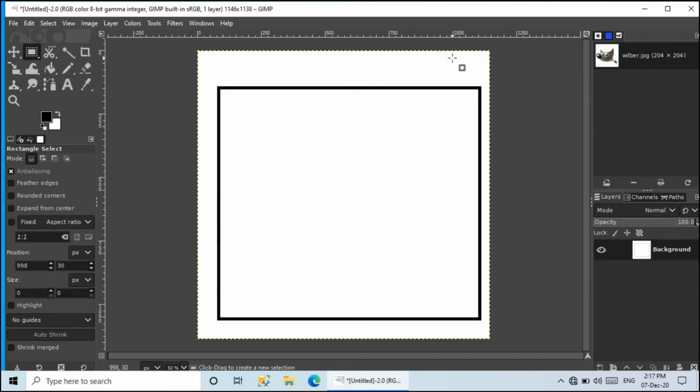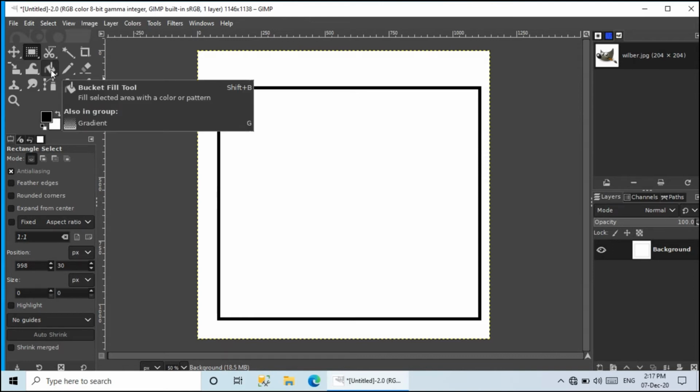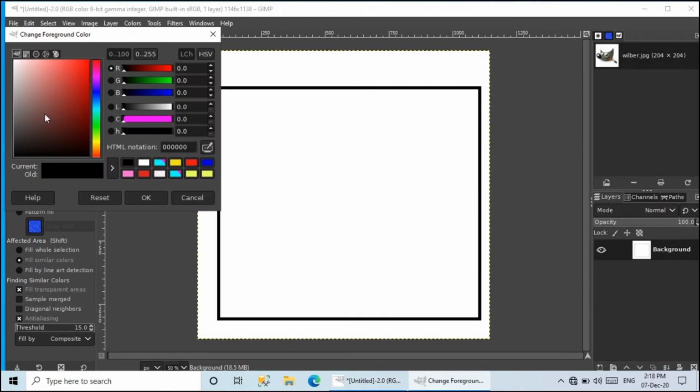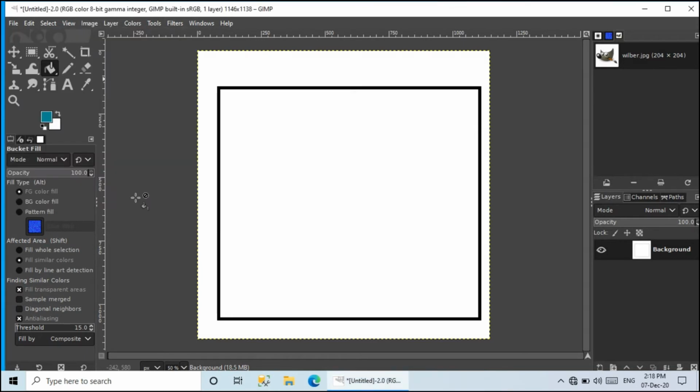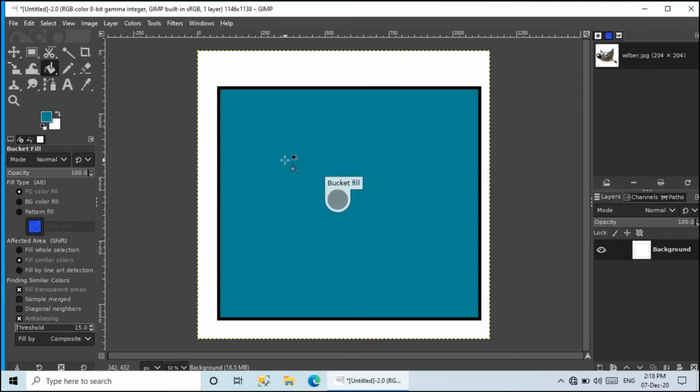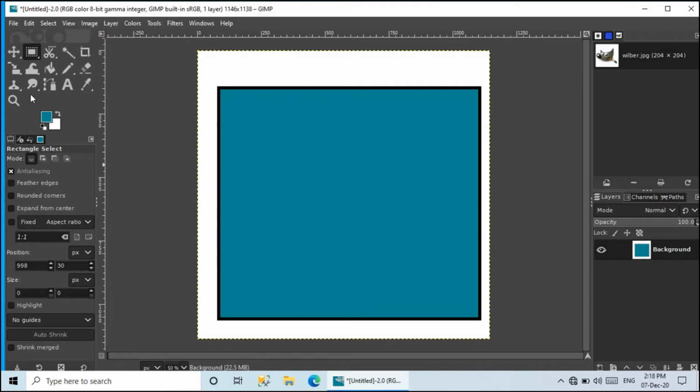My rectangle is drawn. Once it is drawn, if I have to fill color, either I can click on the color and then change the color from here, and I can apply whichever color I wish to apply. Like if I want to apply this green color, blue color, I click on OK. Now when I color it and apply it here, see it has come here.